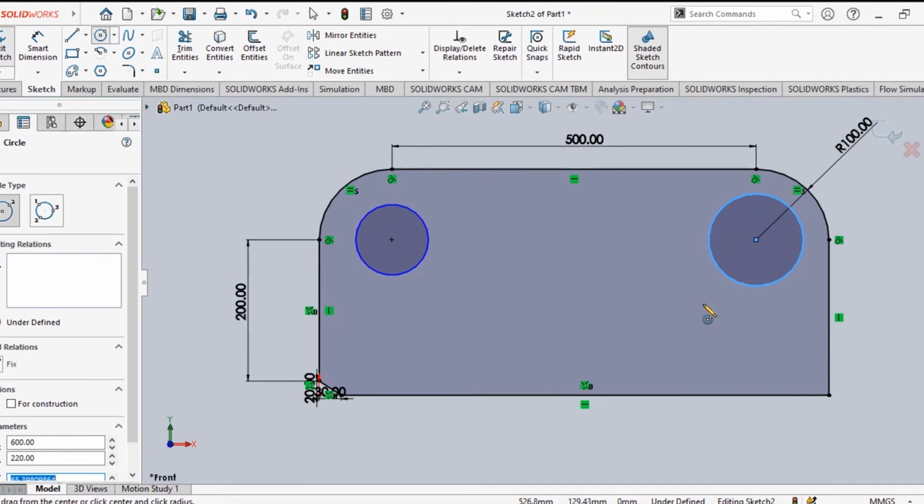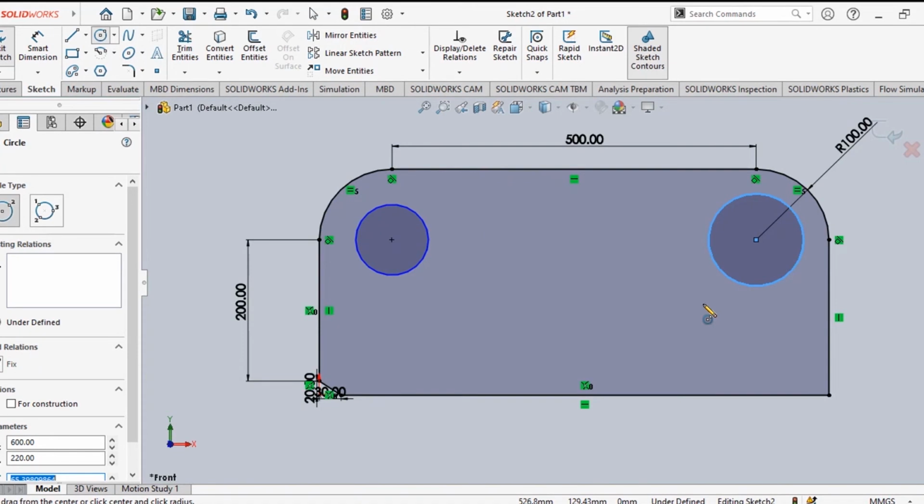Different sizes. So what you have to do is make the sizes equal. How can you make it? Different options are available. First one is you make one circle and with a mirror option you can make the same circle on the other side. Another option is maybe you make two different circles and give equal dimensions to both. Then also you can make it, right? So different options are available and I'll show you all the options.